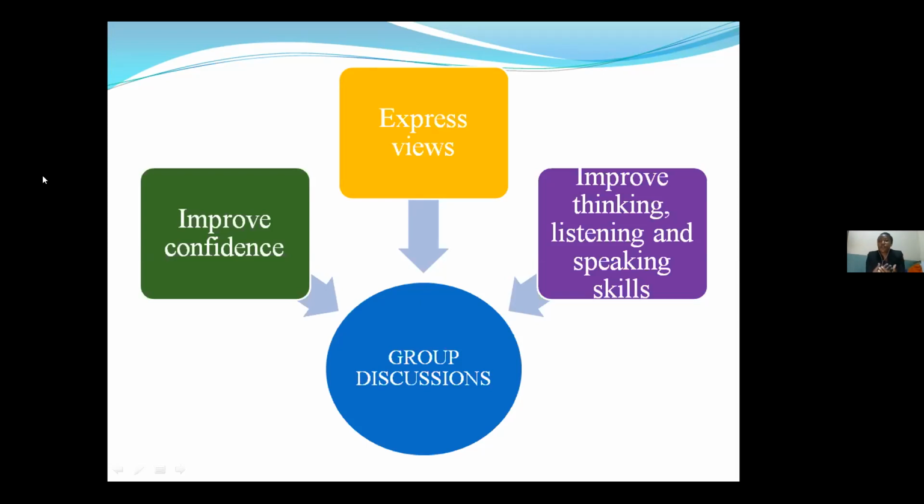Also, using group discussions in classrooms helps the students. Instead of just listening to the teacher and receiving whatever the teacher is saying, they will be able to process the information themselves. They will do things on their own and come up with their own ideas, which will be great for your class. So group discussions are very helpful in our classroom settings.